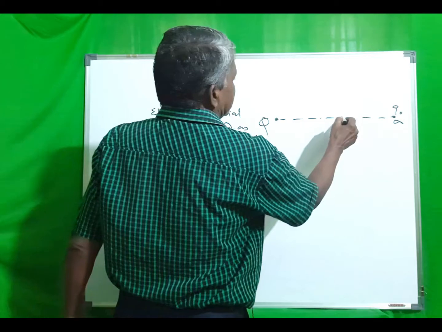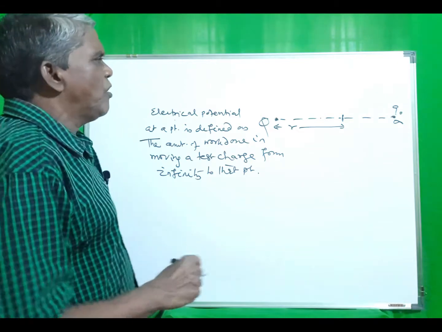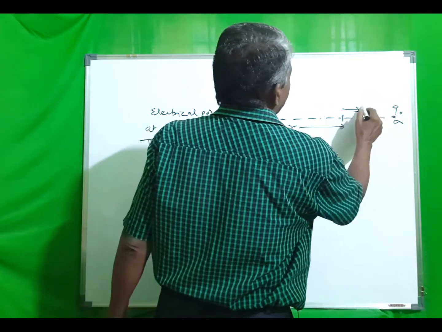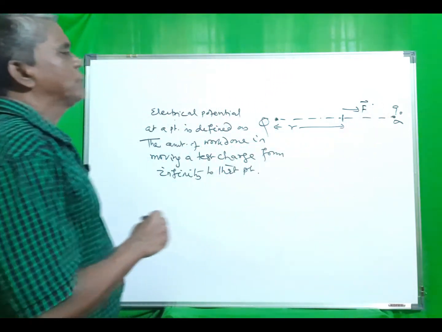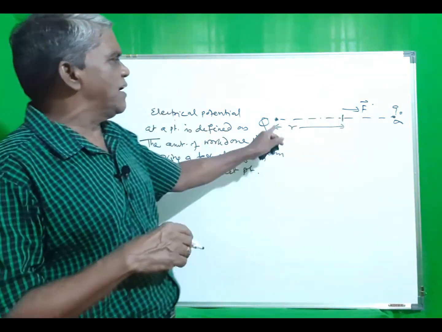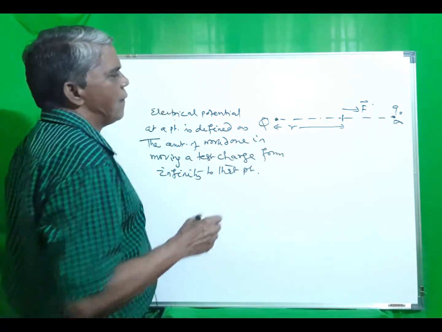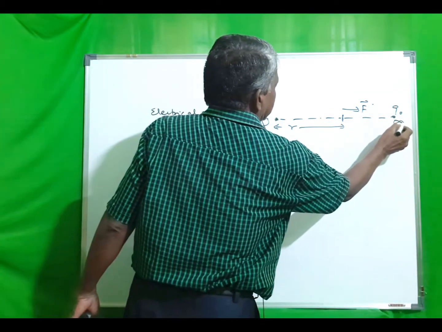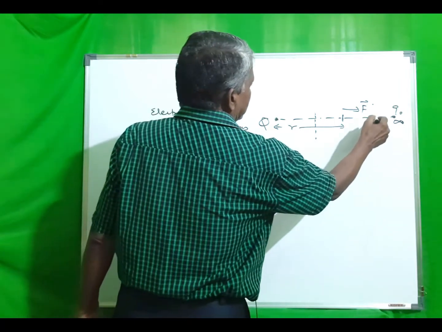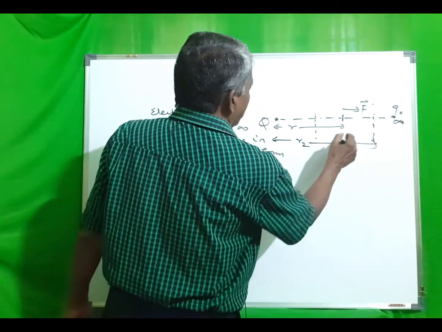When the moving charge is at some distance r, then the force on the charge due to the electric field is F, directed away. The force is also variable from point to point, since the electric field due to the fixed charge is also variable. Suppose this charge is taken from R2 to R1.